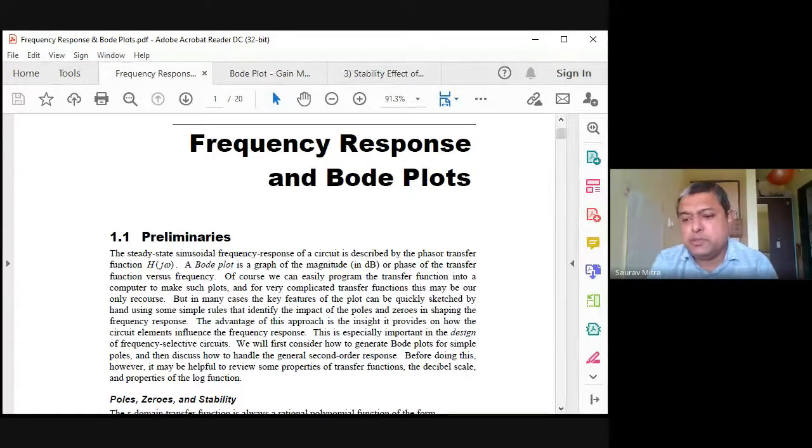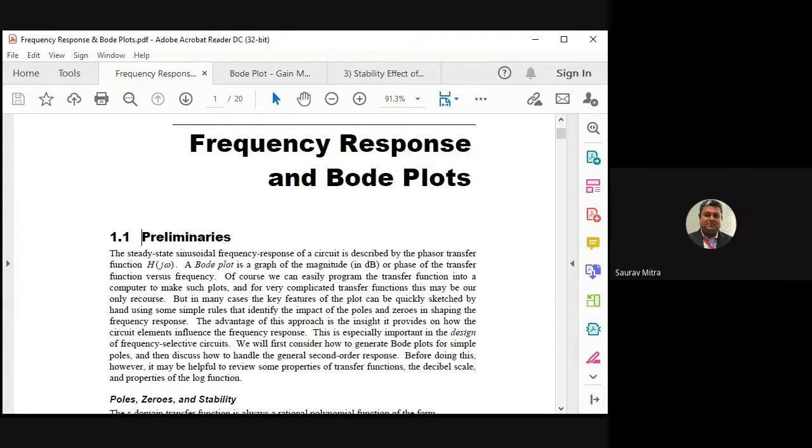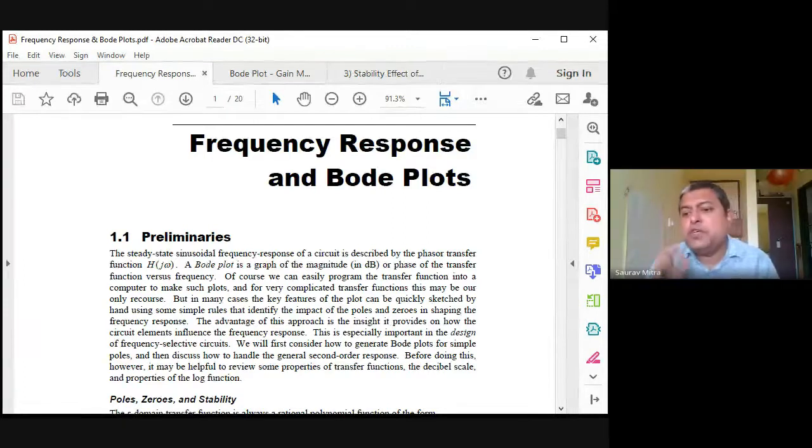Okay, same system. Input amplitude is also the same, but you are giving different frequencies, and you are finding that initially the system gain will increase slowly. Okay, then at a certain point the system gain will go to a peak, and then it will stay there at the peak for certain input frequencies, maybe from 1 kilohertz to 5 kilohertz. System gain is maximum. Output by input is equal to 5 by 2, that is 2.5. And after a certain frequency, the output voltage is decreasing.